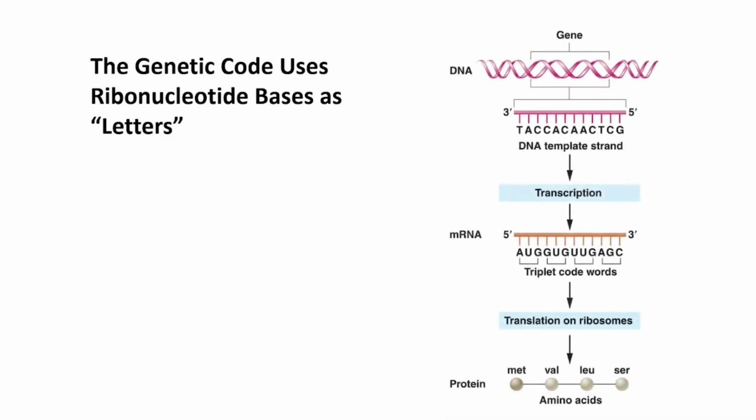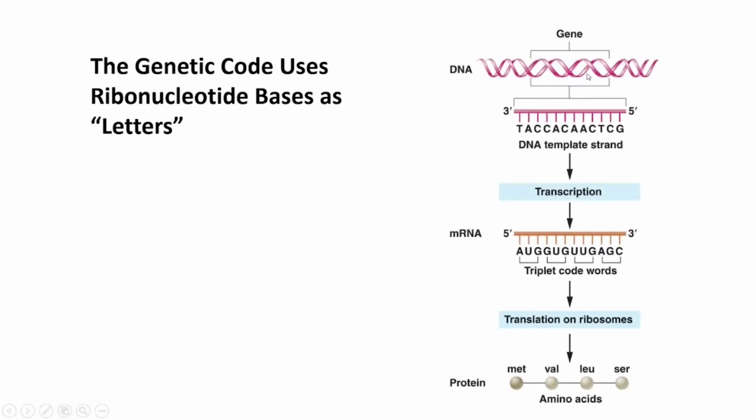The genetic code actually uses ribonucleotide bases as the letters. So, as you can see here, this is the gene, the DNA template, which has the 4 letters A, T, G, C. The information on DNA is transcribed to form the mRNA. Each 3 bases here together form a codon, which codes for the different amino acids. For example, AUG here codes for methionine, GUG codes for valine, and this mRNA is then translated on ribosomes to